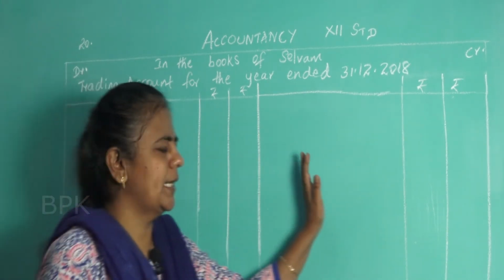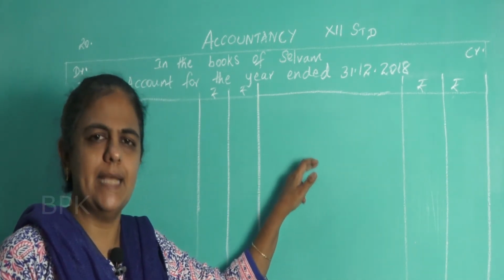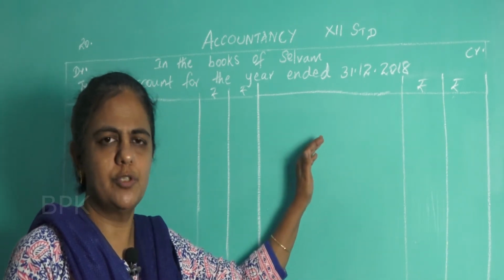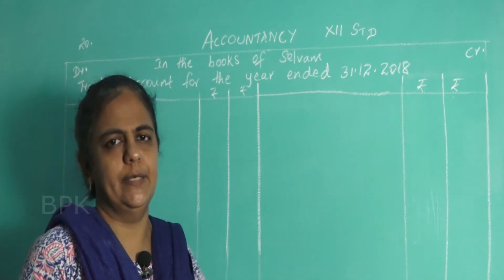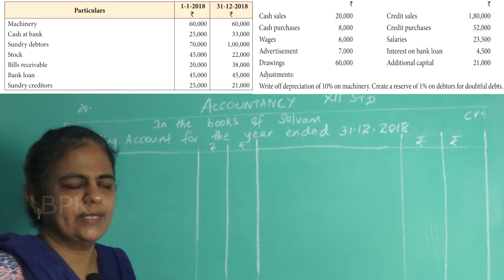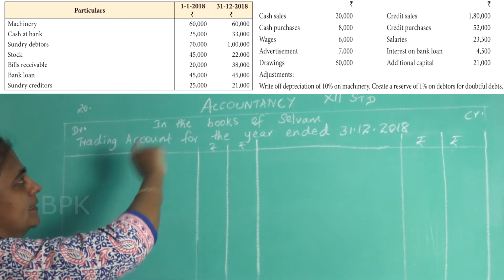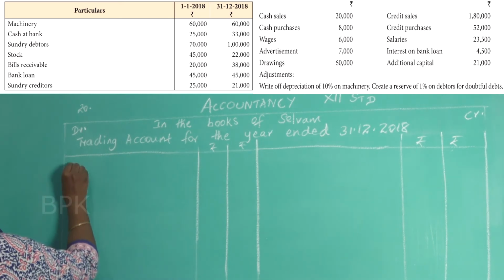Then on the credit side, what are the items that will appear? Closing stock and sales. If there is any sales return, you have to subtract. Usually only these two items appear on the credit side of the trading account. Okay. Now move on to the question. You see the question, two balances of stock are given there. The first is the opening stock, the second one is the closing stock. So, to opening stock